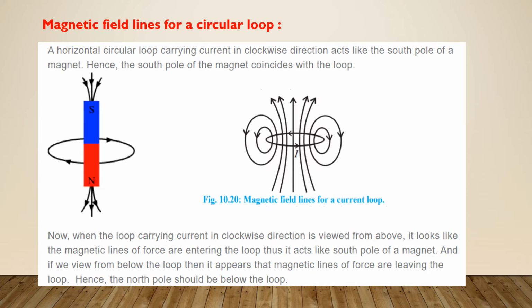The field lines due to a magnetic dipole are shown in the figure on the left, where the field lines are directed from the south pole to the north pole. Hence, we can say that a current carrying circular loop is equivalent to a magnetic dipole, with its face carrying current in the clockwise sense equivalent to the south pole of the dipole and the other face carrying current in the anticlockwise sense equivalent to the north pole.